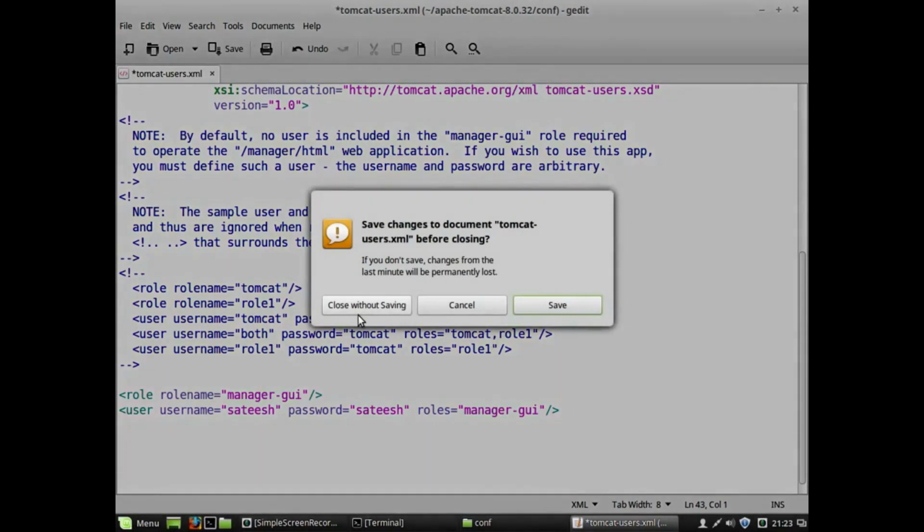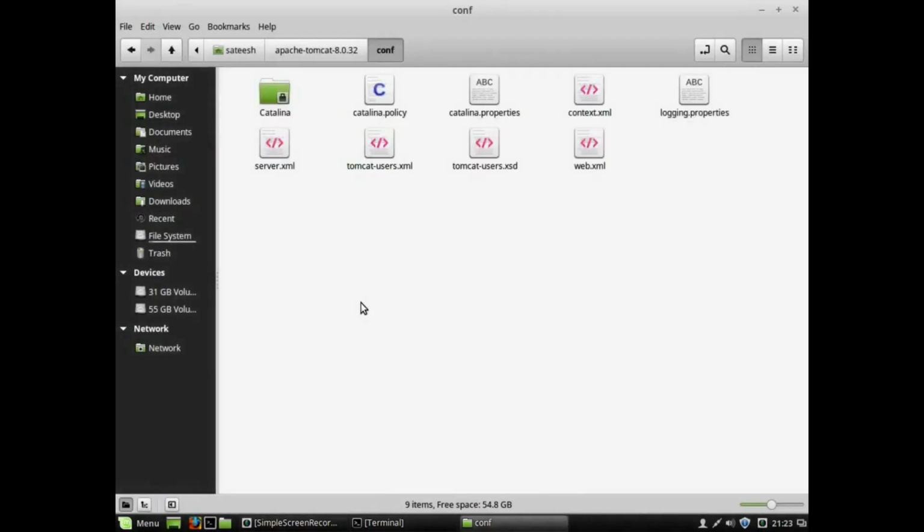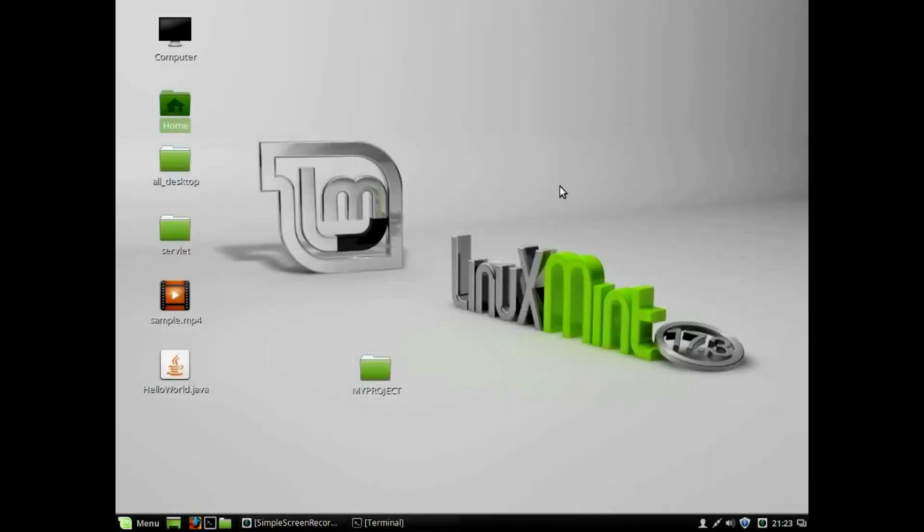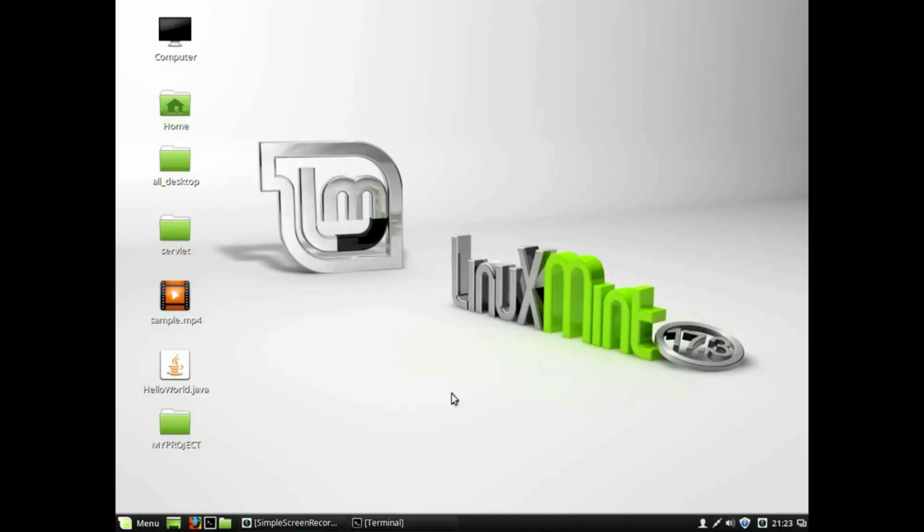In case of Windows, you need not worry during installation, because you will get an .exe file, and during installation itself you can provide your username and password. And in case you have downloaded the zip file, then you need to set the username and password the way I have told you just now. So this is how things happen in Apache Tomcat. Not only for servlets, in case of JSP also the same procedure has to be followed.